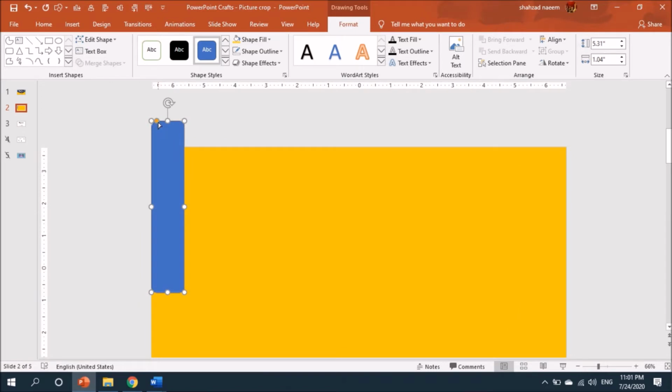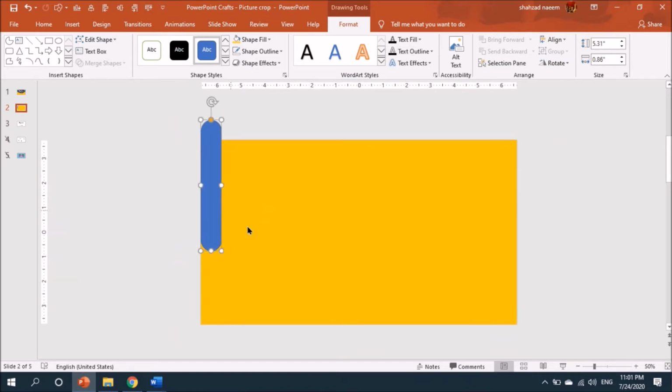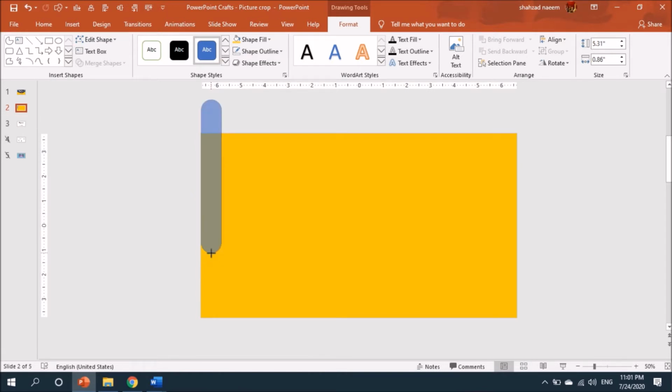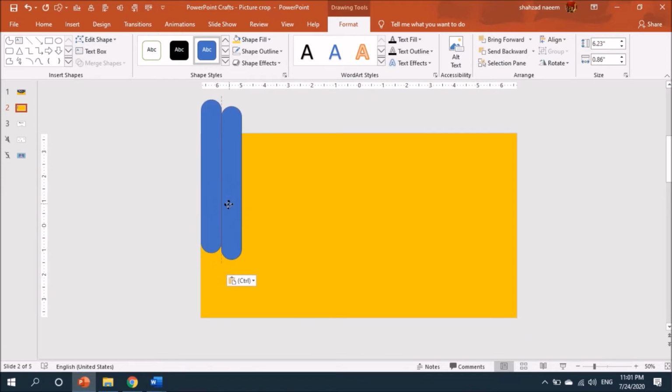If you can see this orange bubble, I'll pick this and make it a more rounded shape. Okay, so I will copy and paste it here, and I will place it in this way,